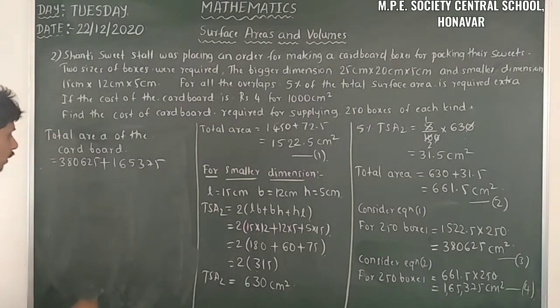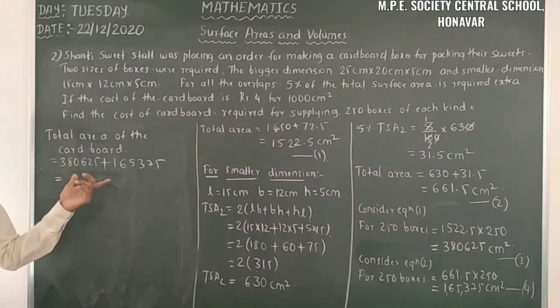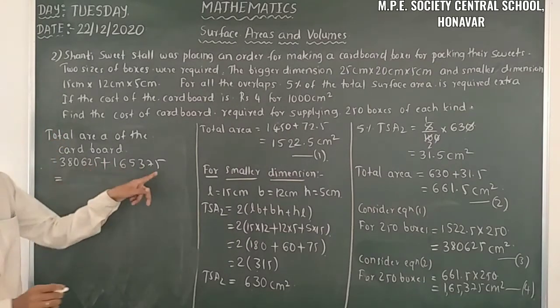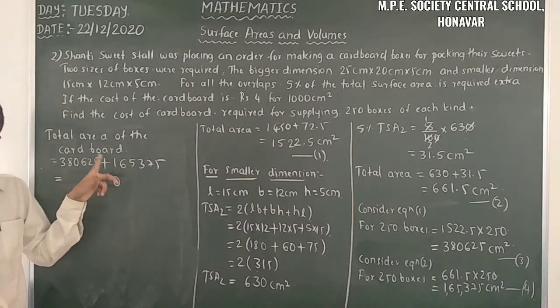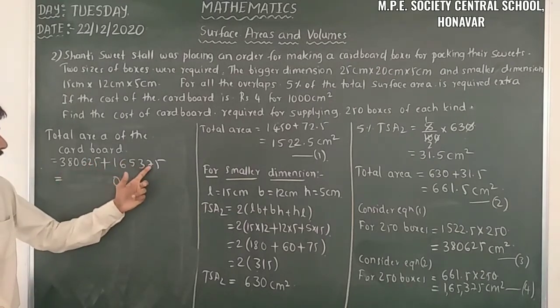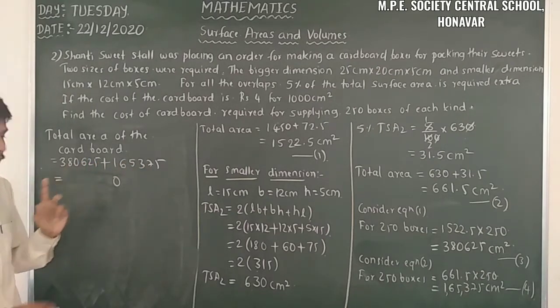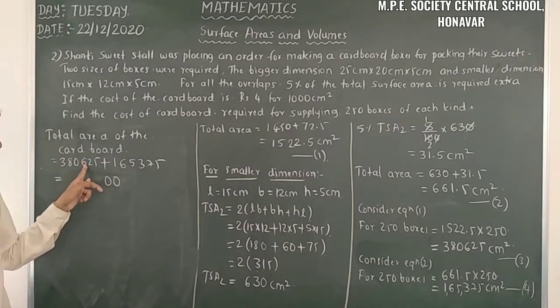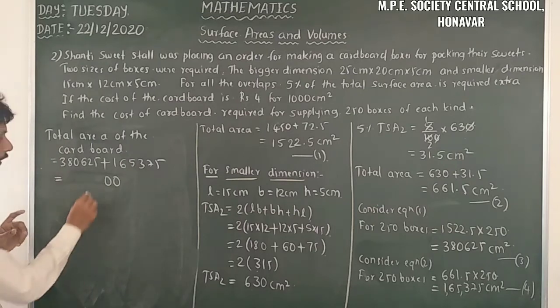1,65,375. So here is equal. So here we have to add these two things. Here we have 0. So 5 plus 5, 0, 10, 1 remains, and then here 6, 7 plus 2, 9, 9 plus 1, 0, 10. That 10 means it's 0. So remaining is 1. 6 plus 3, 9, 1, 10.